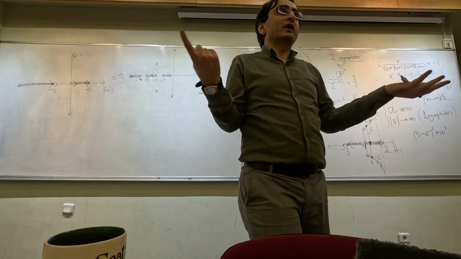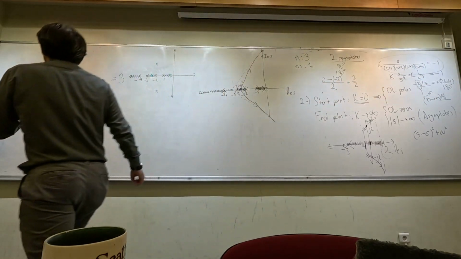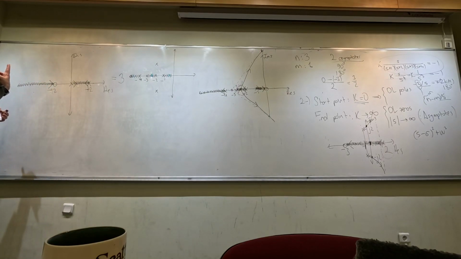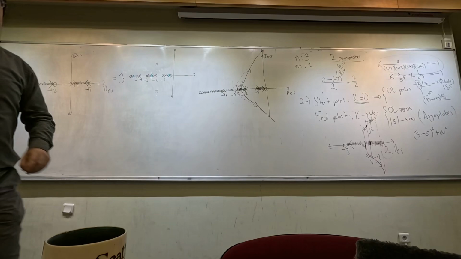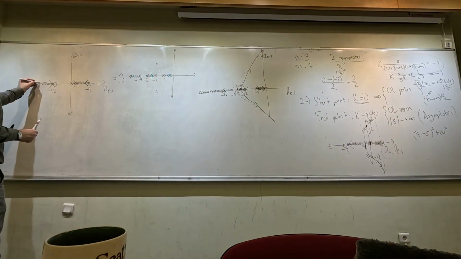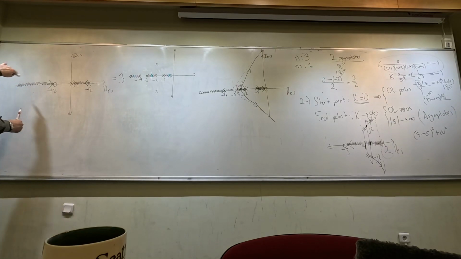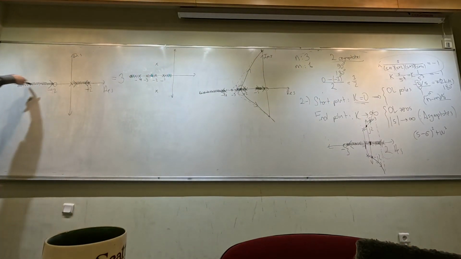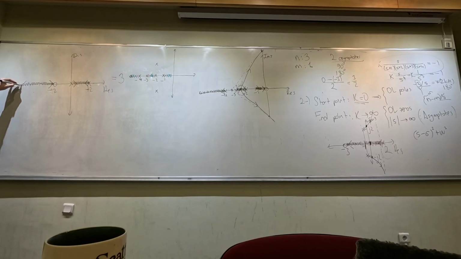Why do I care about the angle between asymptotes? Okay? So that means that there is only one asymptote and its angle is going to be 180 degrees. That asymptote is going to be somewhere here and it's pointing in that direction, 180 degrees. Its starting point is really irrelevant. I don't care about its intersection point. So here I see that on the asymptote there is going to be also a root locus branch diverging away